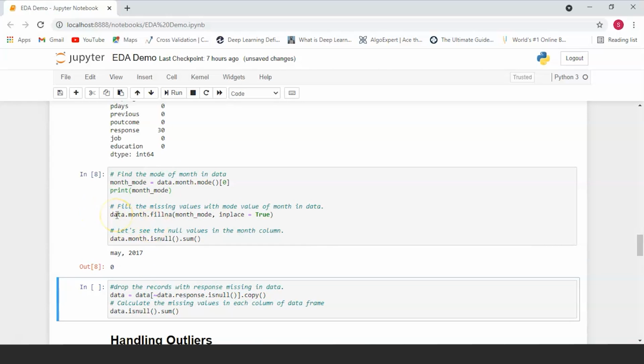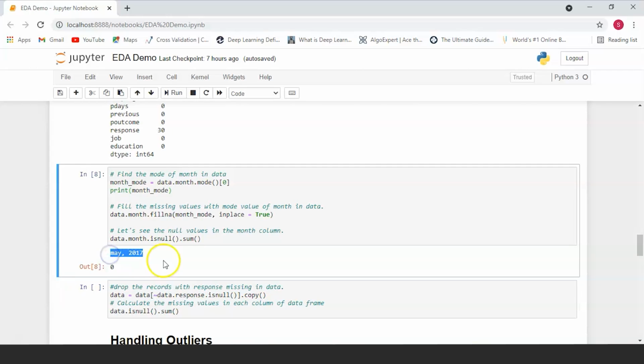So over here, as you can see, we're calling the month column in our data set, and we're using the fillna function to fill the mode of the month in this column. And then after that, we'll just get the total number of null values in our month column and see how many there are. So here the most commonly occurring value is May 2017.